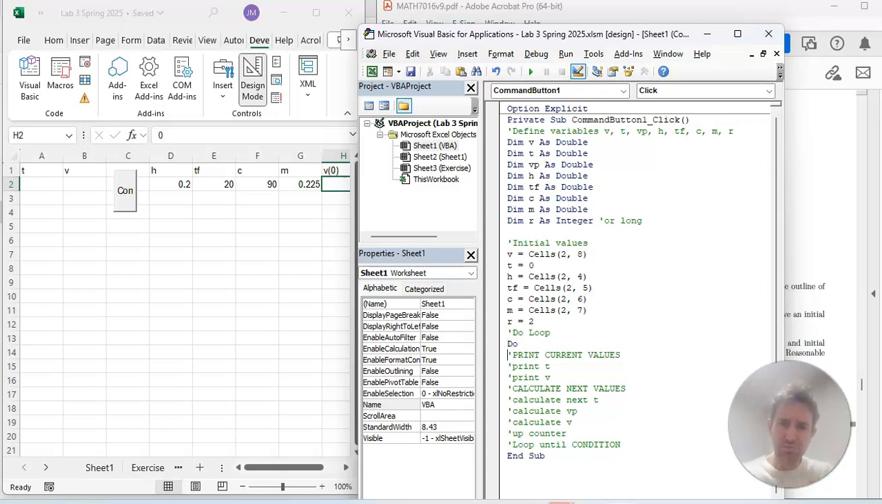So the printing looks like cells(row, 1) equal to T, cells(row, 2) equal to V. That's that printing done. And then the next values. The time just ticks, T equals T plus H. The predictor,